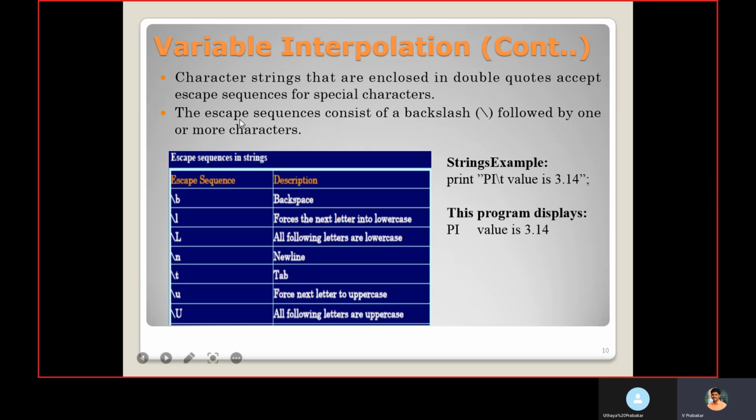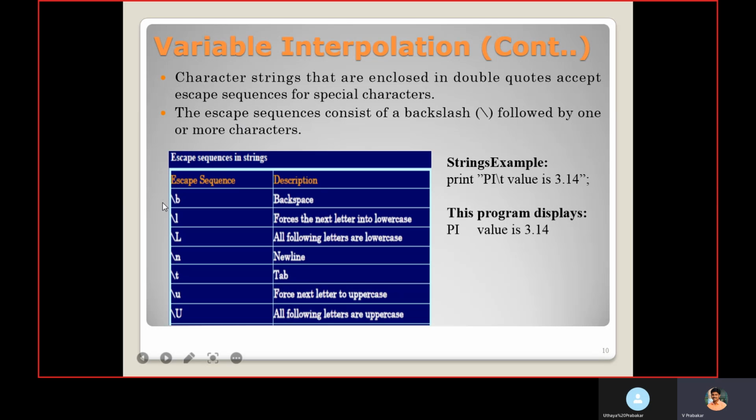Escape sequences are used along with the backslash. \b for backspace. \l forces the next letter into lowercase. \L, all following letters are lowercase. \n new line, \t for tab. \u forces the next letter to uppercase. \U, all following letters are uppercase.